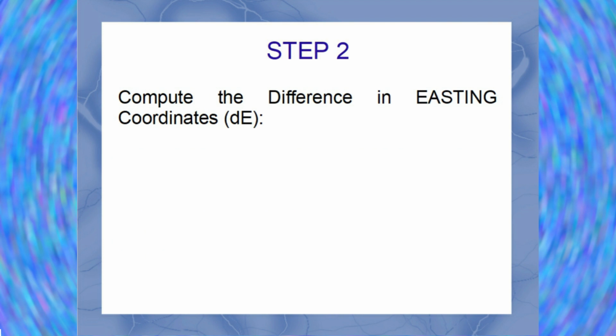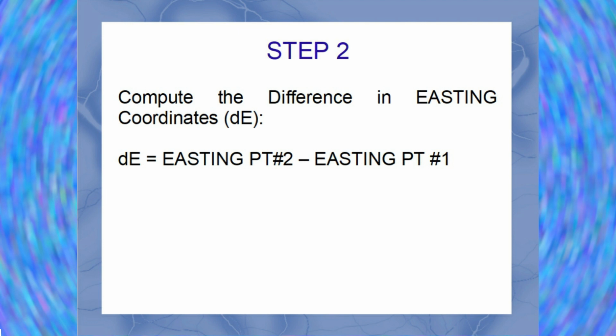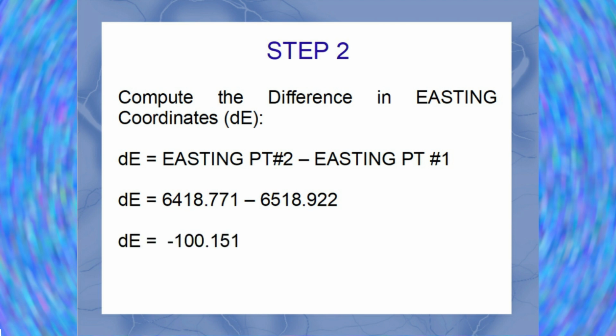So step number 2 then, of course, is doing the same process except using the easting coordinates. We take the easting of point number 2 and we subtract the easting of point number 1 from that. So in this particular case we have 6418.771 minus 6518.922, providing us a difference of negative